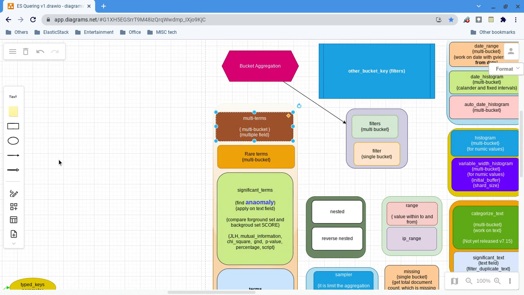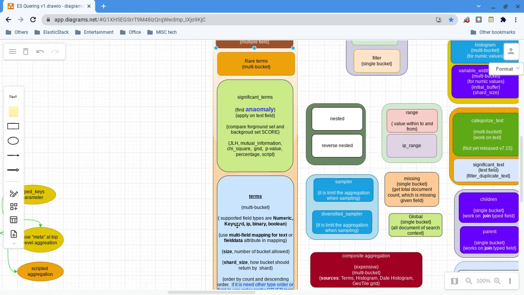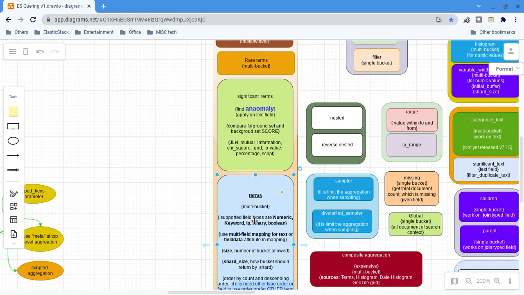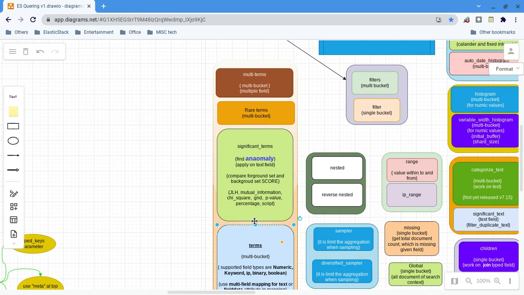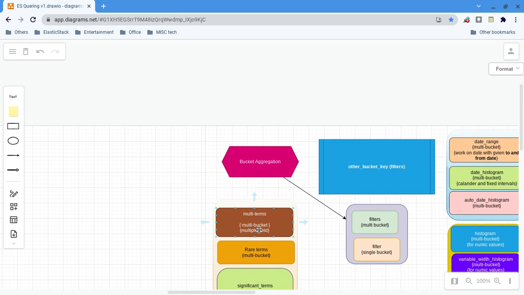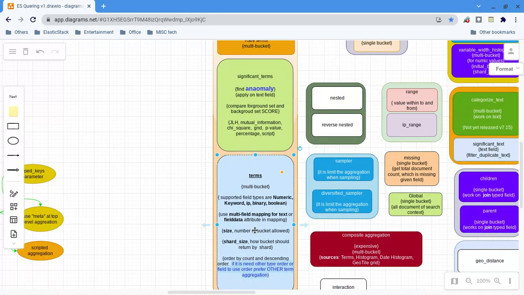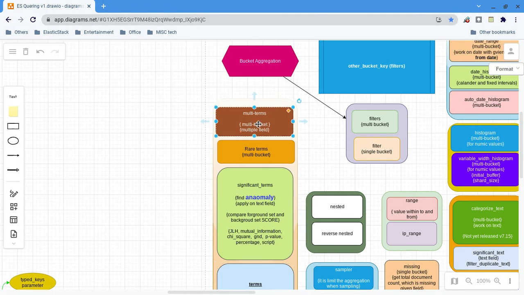Multi terms is a really interesting one. We can bucket the documents by many fields. As of now, terms will work on only one field, though it produces many buckets. If you want more than one field, you should go for either a script or multi terms. So what is the advantage, what is the disadvantage? It's a performance matter.